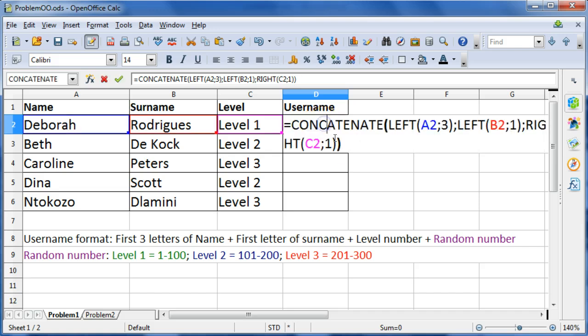Now the next section is where we're going to add the random number depending on which level they're at. So I'm going to put in my semicolon. And to do this, I'm going to use a nested if statement. Unfortunately, you can't just use a simple if statement because we've got 3 sets of criteria to look at. So I'm going to open a bracket to do my if statement. So if, open bracket, and now I'm going to test my level. So cell C2, and if it's equals to level 1,